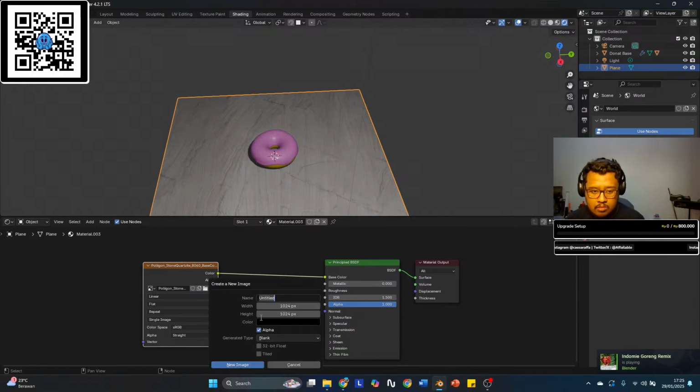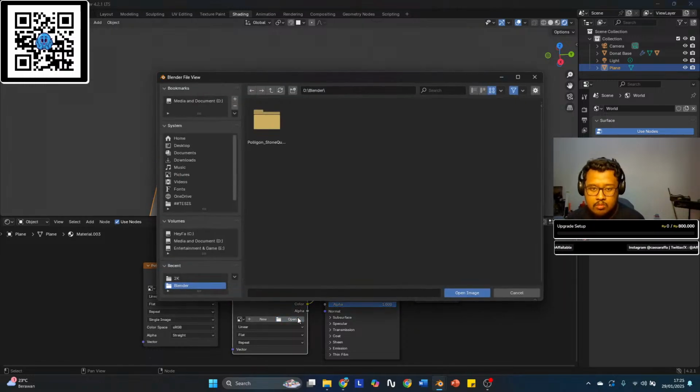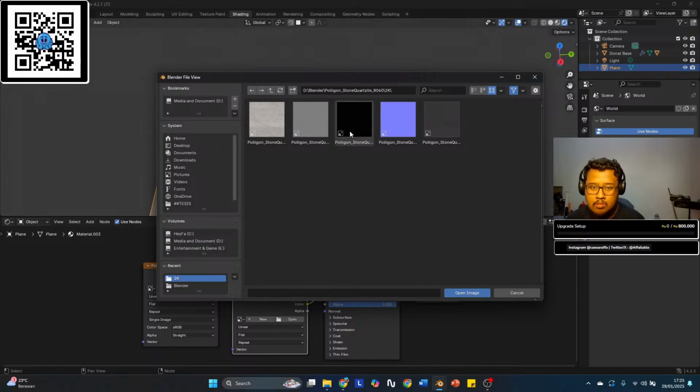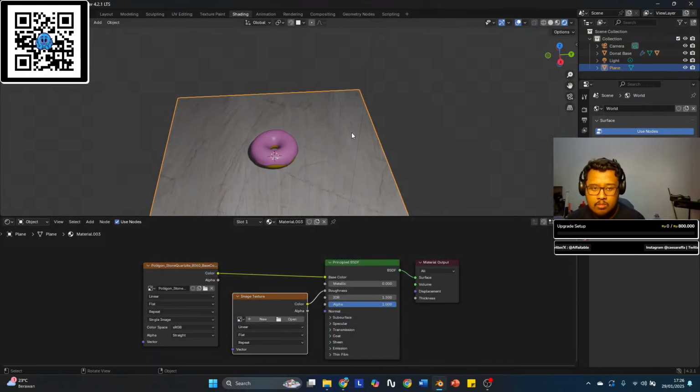Okay, so this is better, right? You can kind of see we've got some detail there, but it doesn't look quite right. Something is not going right. It's because when you add an image texture, Blender doesn't really know what type of information it is yet, and by default